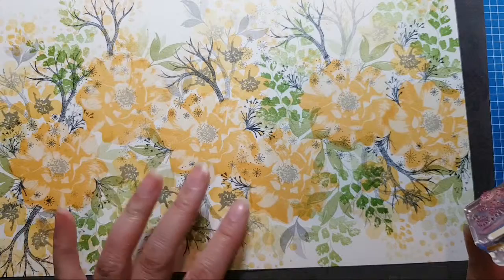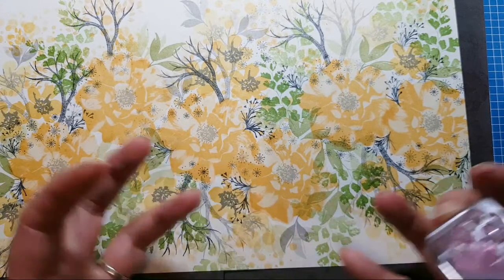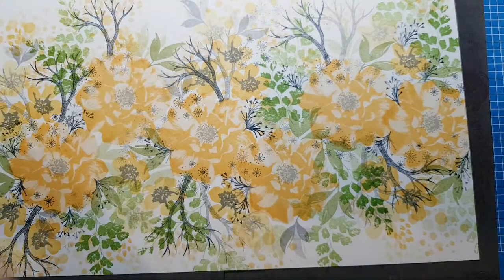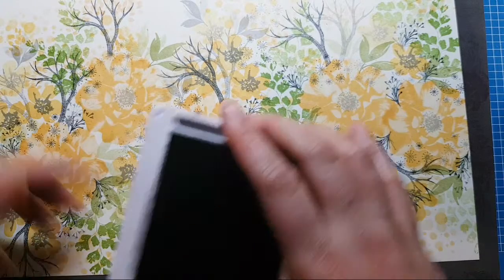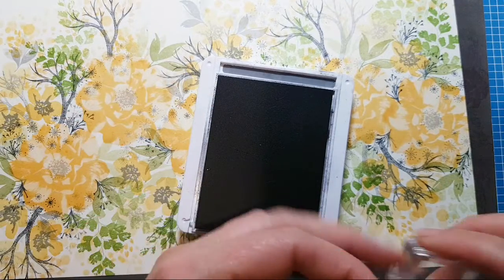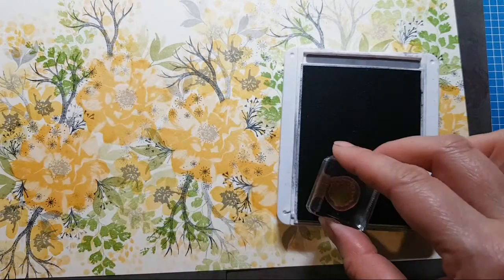Okay, so now I've done that, I'm wondering if the centres of the flowers need a little bit more to make them pop. So I'm wondering whether just to go back in now with the basic grey on top of that smoky slate. Because I feel like...